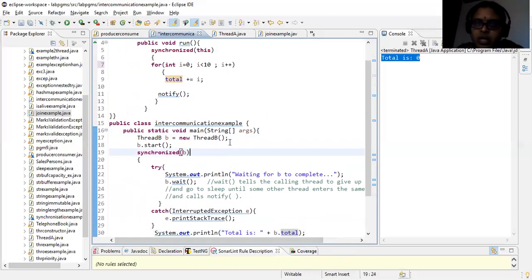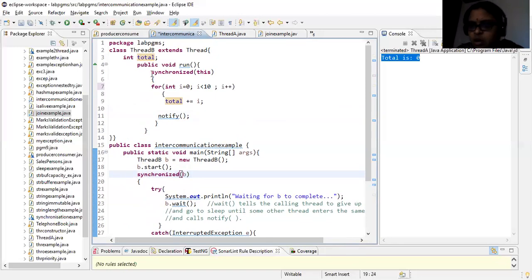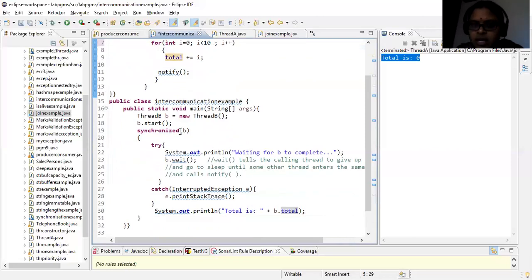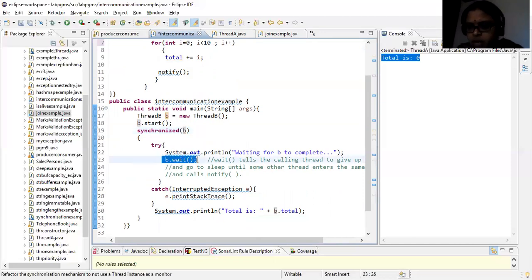So now what we will do is we will place the synchronized blocks. So synchronized block on this. This is your object. So you can use either your object or this. This represents the current object which is being called. So now we are writing synchronized of b, that is on the object called b. Now try. This try is for your wait statement, wait method. The wait method usually requires it to be surrounded by your try and catch block. Otherwise, you will be getting an error like unhandled. If you remove your try and your catch, you can see that you will be getting one syntax error saying that it is an unhandled exception.